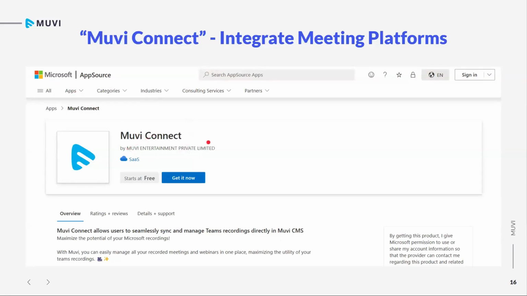So what this means is, from this Microsoft app, you can use Muvi Connect, and your Microsoft Teams meeting recordings will be synced to Muvi with this app. Similarly, Zoom has a Muvi Connect app. Google has a Muvi Connect app. So all these apps are used to sync your existing videos or existing media from your OneDrive, Google Drive, and then